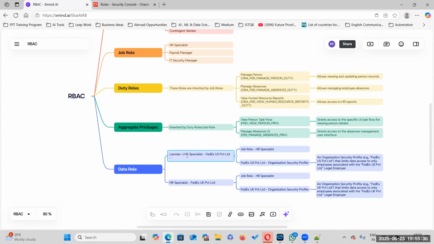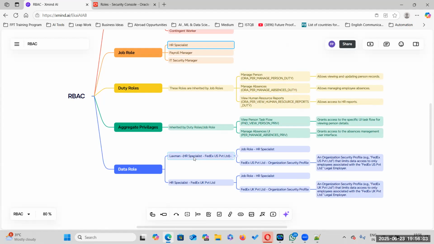So he is an HR specialist. Whatever the job role HR specialist can do, Lakshman can do. This is inherited from the job role. So Lakshman can do all the activities that an HR specialist can do.